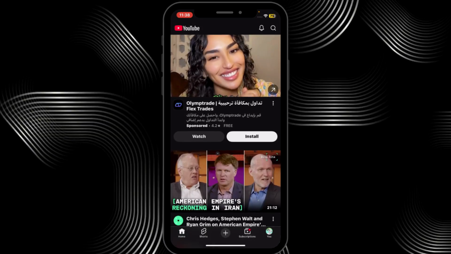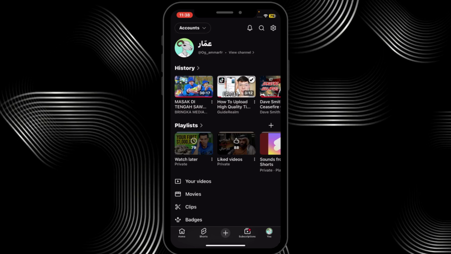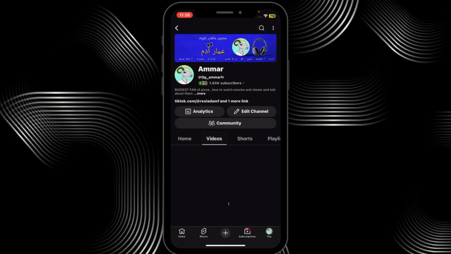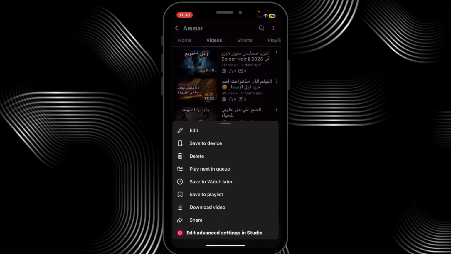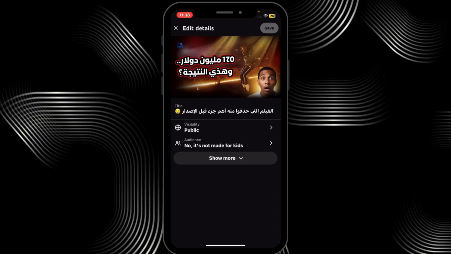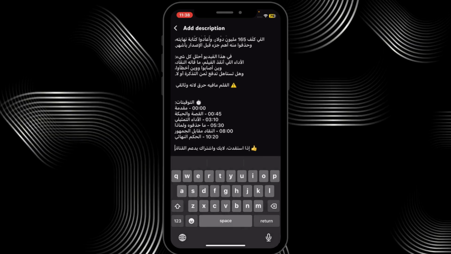right? All you gotta do is just paste the YouTube description, or paste the Claude generated YouTube description, in your video's YouTube description. So I'm gonna go ahead to my videos and select a video, hit the three dots, press edit, the pop-up window. Moving on, I'm gonna hit show more, description, and then paste your timestamps with it, right? Your Claude's generated timestamps in your YouTube description, and automatically they will set